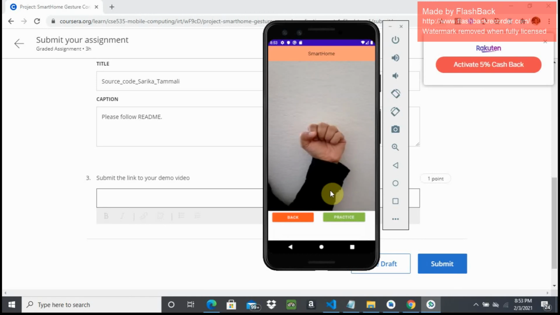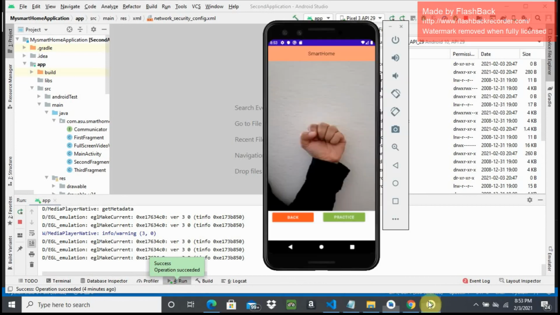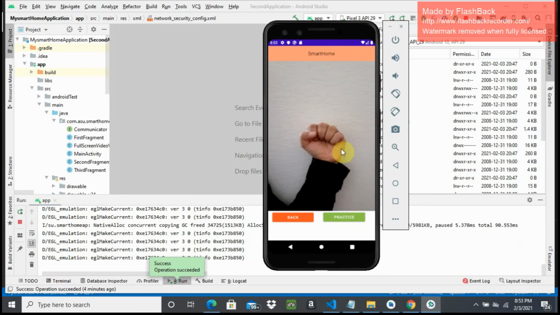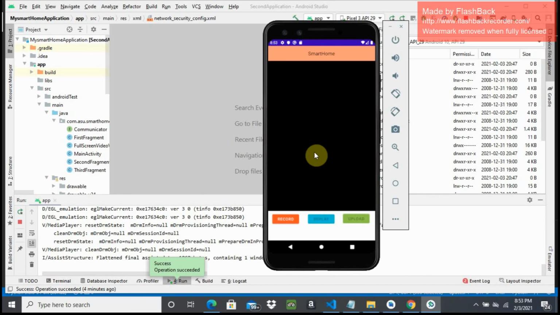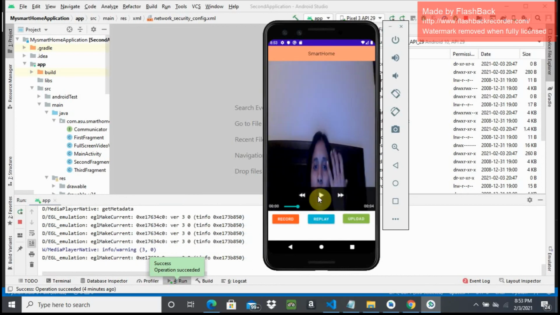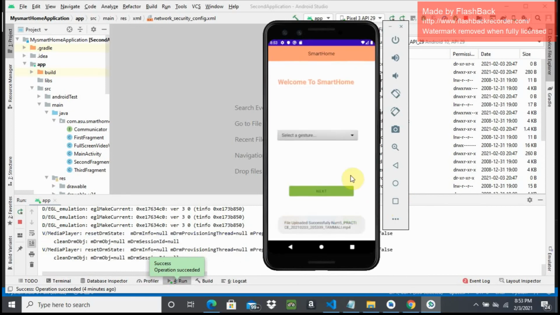We can see the expert video, and you have the back button and practice button. Upon clicking the practice button, you go to this screen, and once you click on record, you can see that it is recording. As soon as it reaches 5 seconds, it just stops and you can replay. And you can upload. So this is what I have developed, friends.